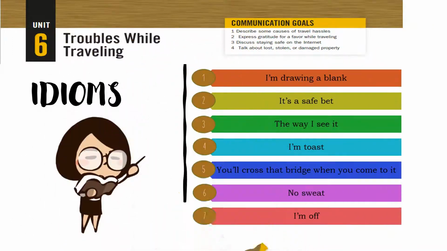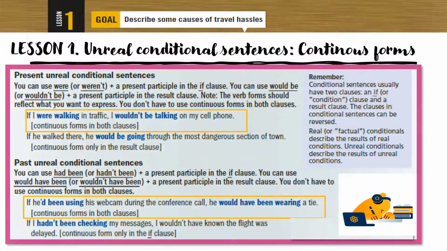for example in a public bus. Then we are going to find a reading in order to learn expressions like I'm drawing a blank, it's a sad bet, the way I see it, I'm toast, you'll cross the bridge when you come to it, no sweat, and off. In lesson number 1, there is another reading, but here it includes new grammar, which corresponds